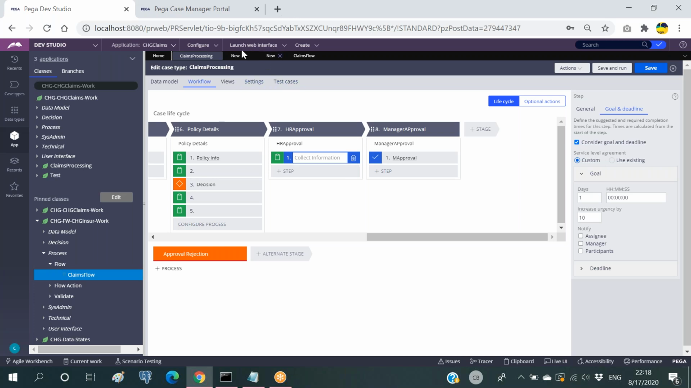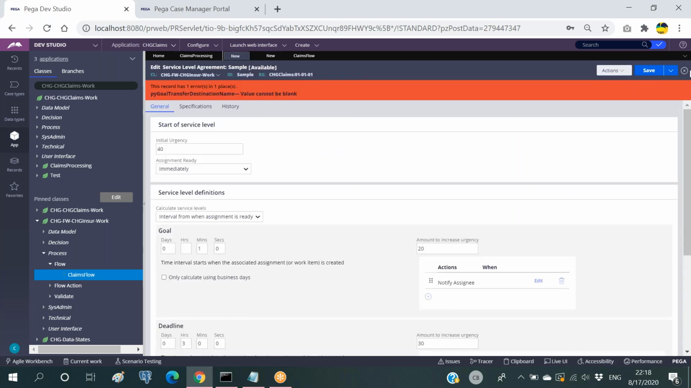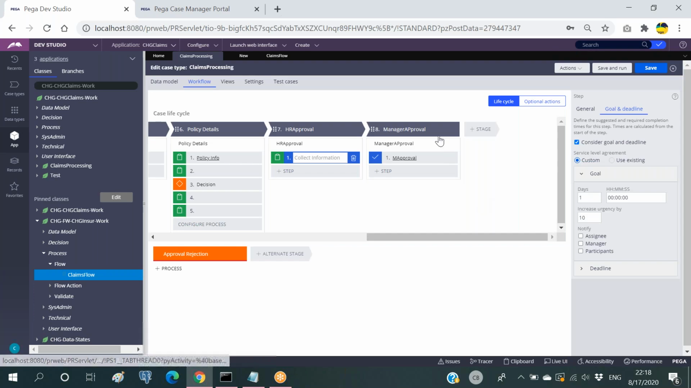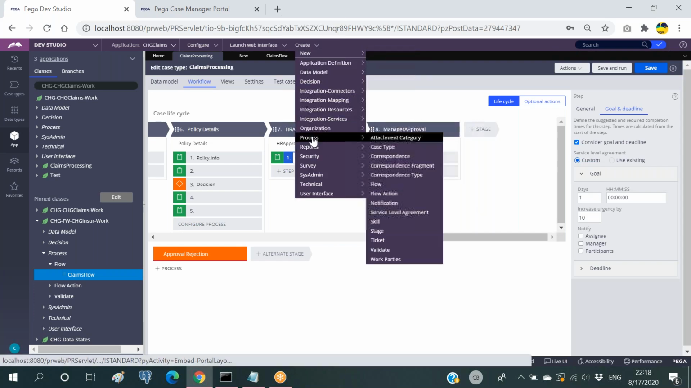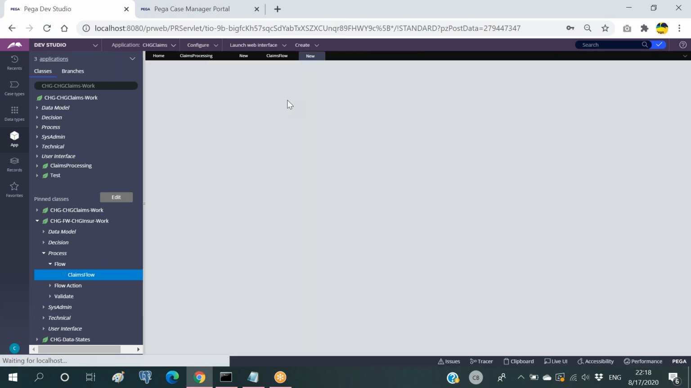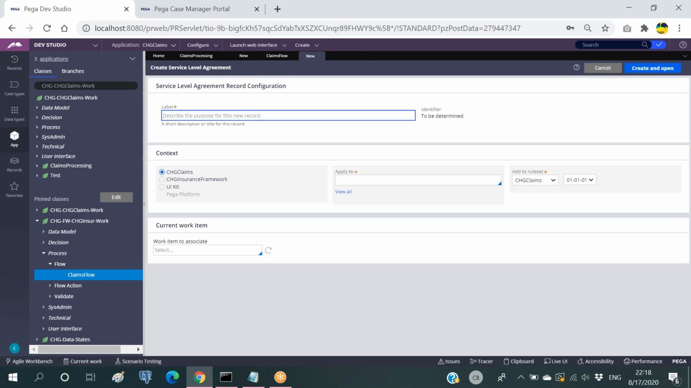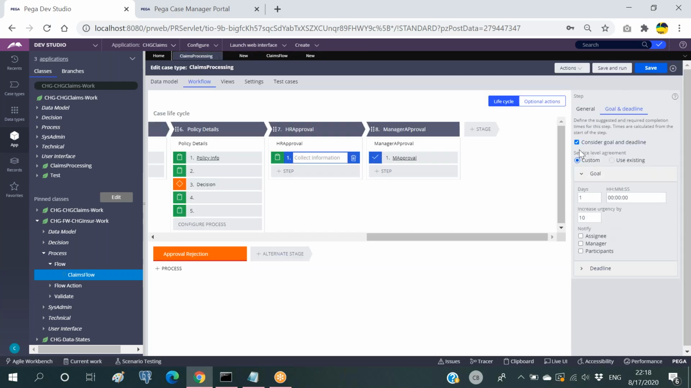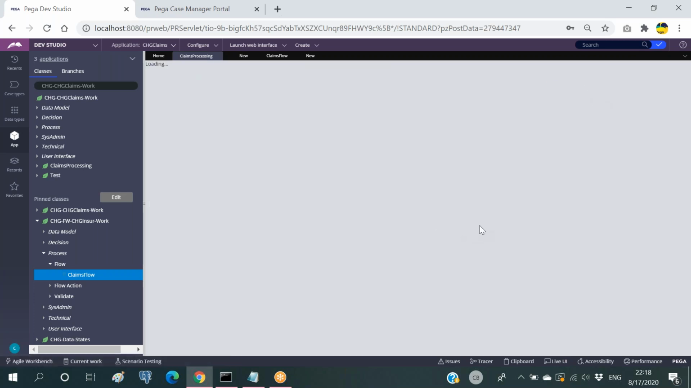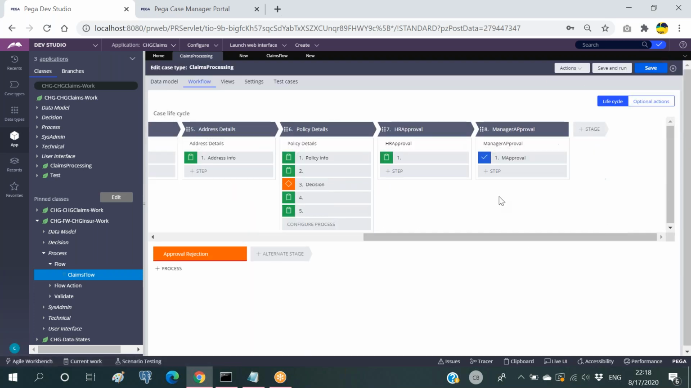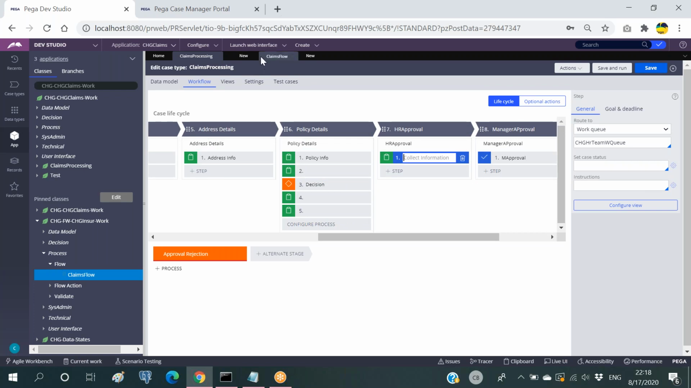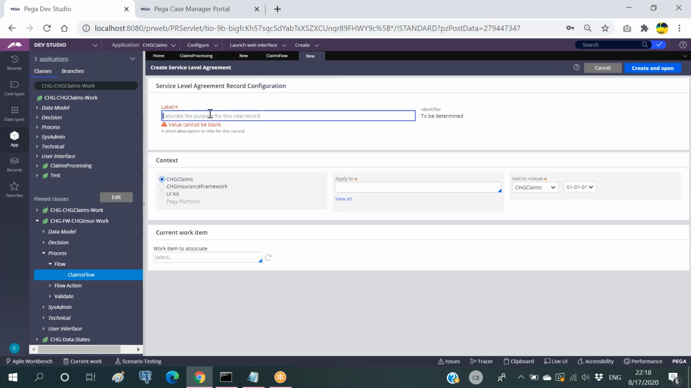Okay, so let me create the new SLA. Let me refresh this. Whatever changes we're making here, I don't want to apply, so let me refresh it. I'm trying to create a new SLA rule, that is